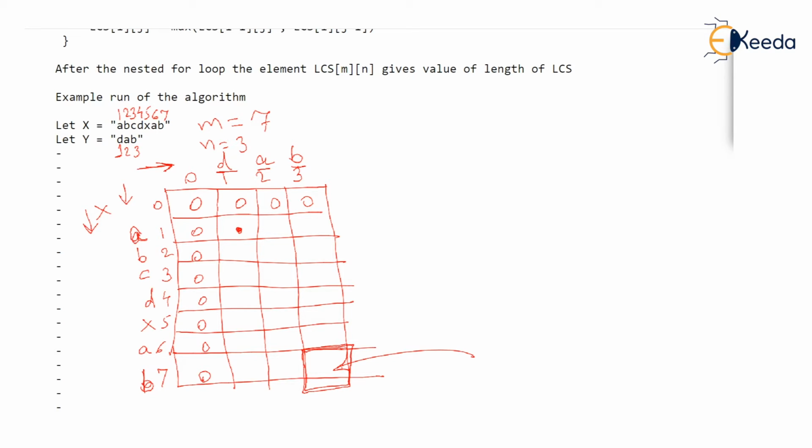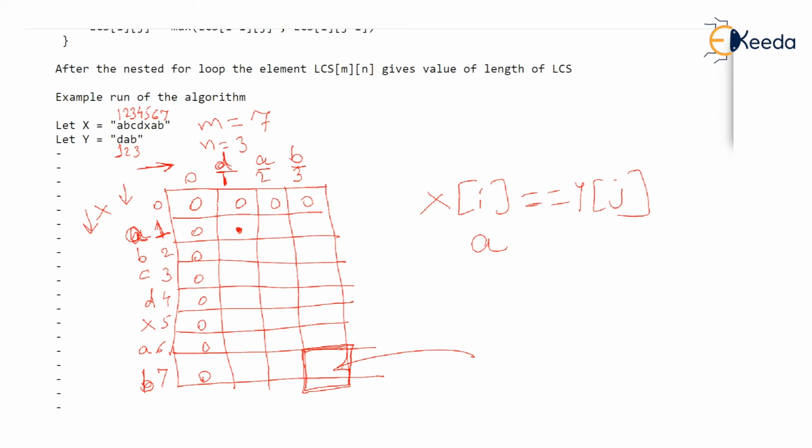Now the rule to fill this element is so easy. We will just check what is xi. Is it equal to yj? And now you watch, xi in this example is a, because we are in the first row, and in the first row the letter is a, or rather the first letter of x is a. And yj in this example is d, observe, because we are in the first column. So the first letter of X is compared with the first letter of Y, and we check, are they equal?